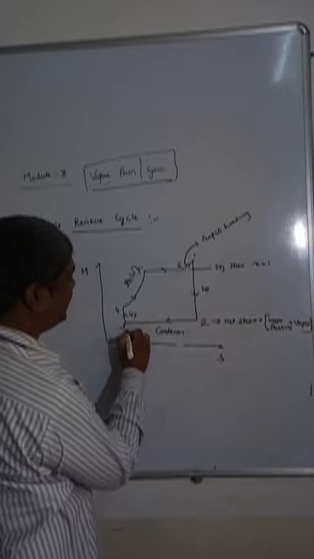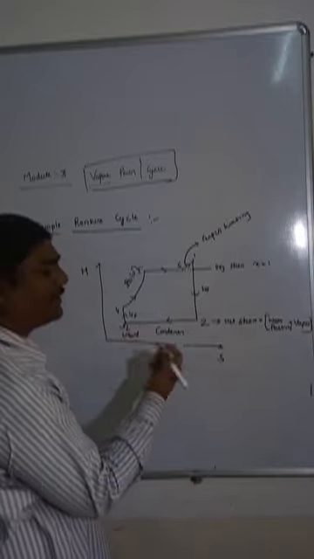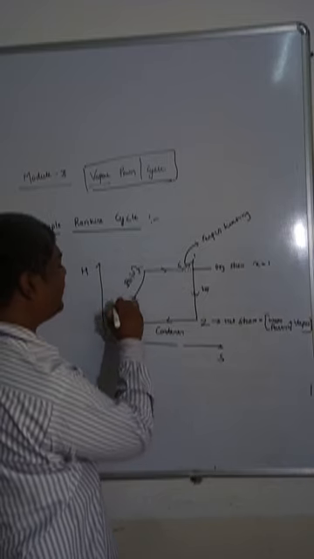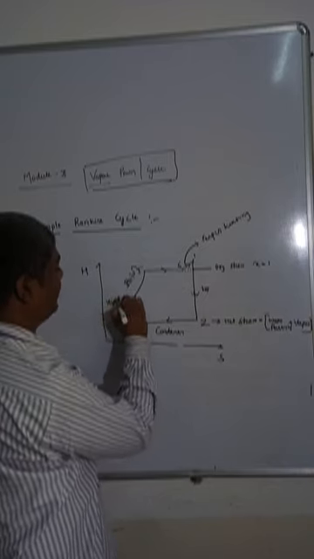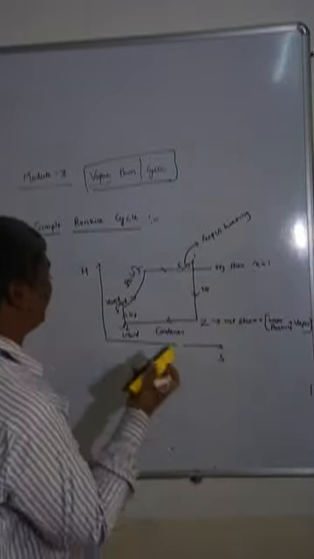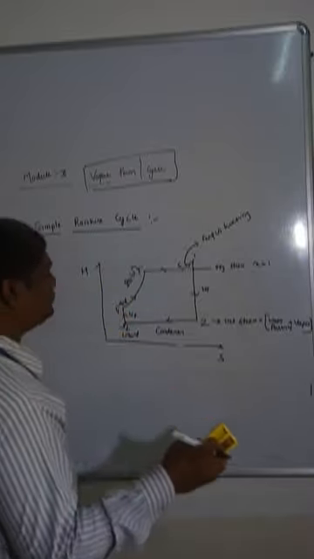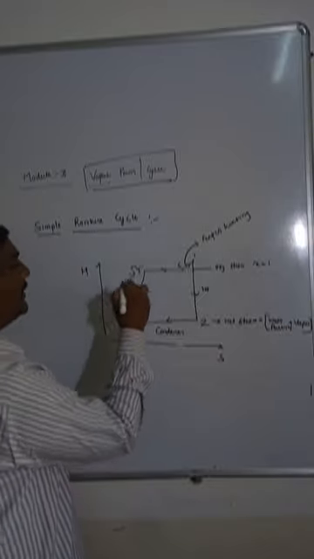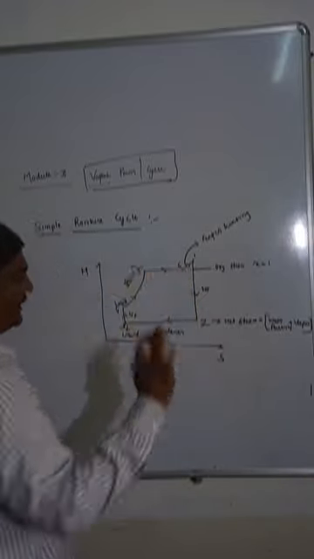At 3 it is in the form of liquid. Purely it is liquid. Here a little bit heated liquid. Heated liquid means increased temperature. It is also in the form of liquid. I cannot say heated, but the temperature is increased. So here also it is in the form of liquid only. But when it comes here, it is in the form of superheated steam.